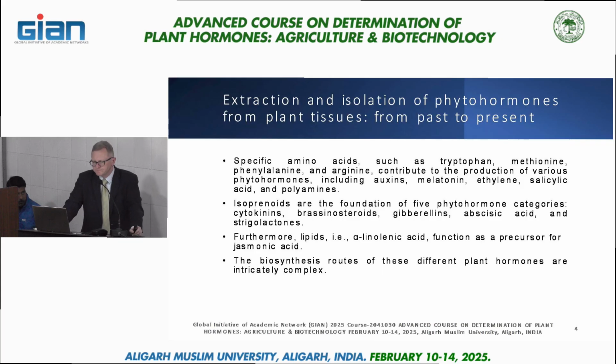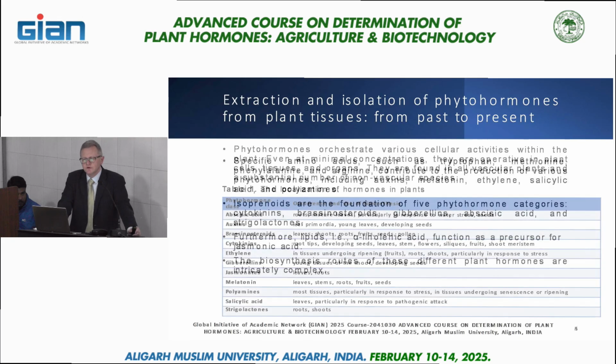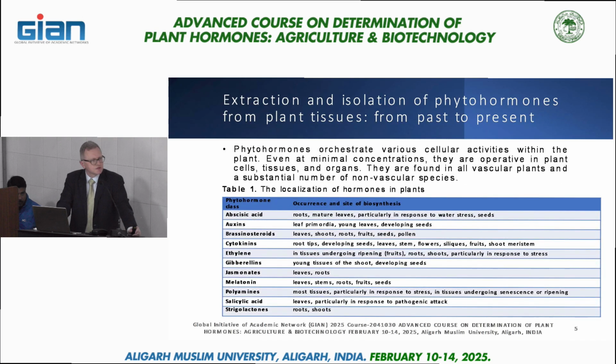They, of course, are unevenly distributed throughout the plant. They are synthesized and transported to specific tissues. This distribution depends on developmental stage, environmental conditions, and internal signaling networks. For example, auxin is primarily synthesized in the shoot apical meristem and young leaves. Cytokinin is produced in root tips and travels upward to promote, for example, cell division and shoot formation.